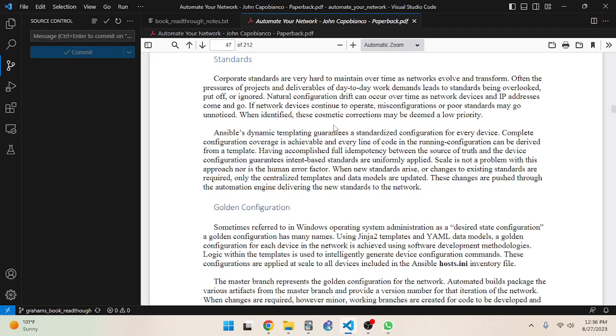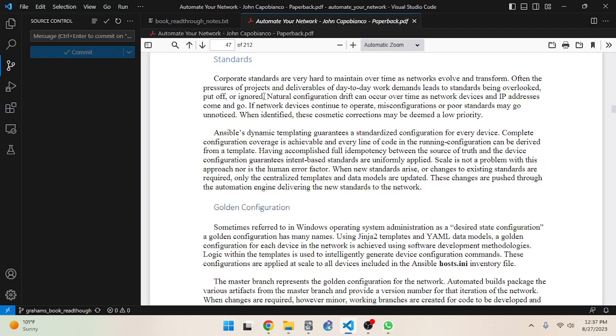They're overlooked, put off, or ignored because there's this assumption being made that the people making the corporate standards are the only people in your organization that think, and that's a bad assumption to make, because it matters to have people thinking in advance about what goes on the network, but it doesn't matter to blindly adhere to those standards no matter what. So of course there are going to be standards that are overlooked, put off, and ignored, because sometimes the standards are wrong.